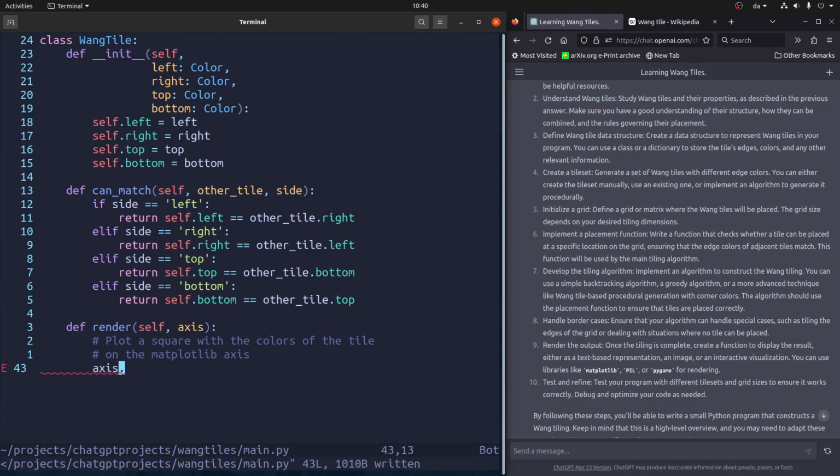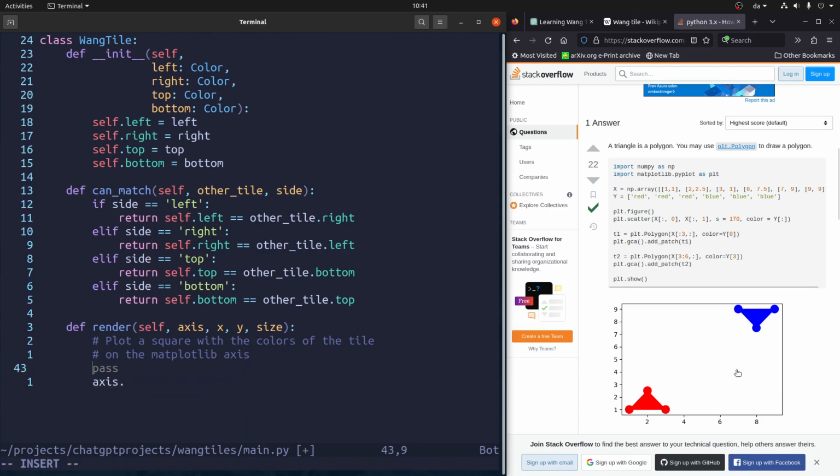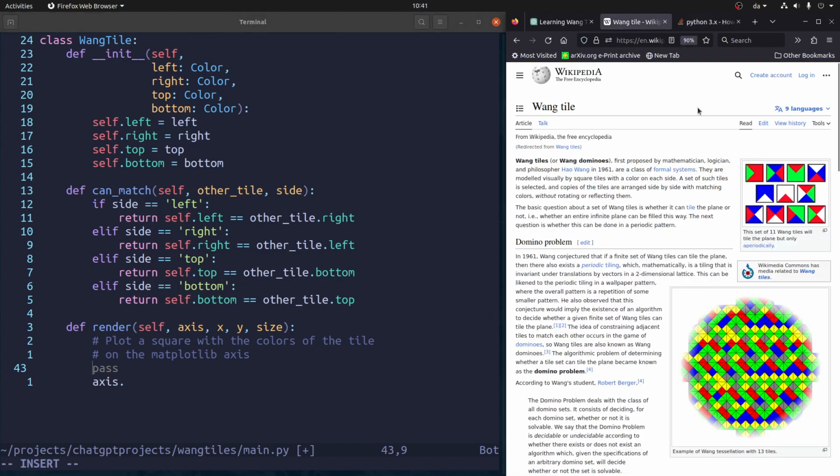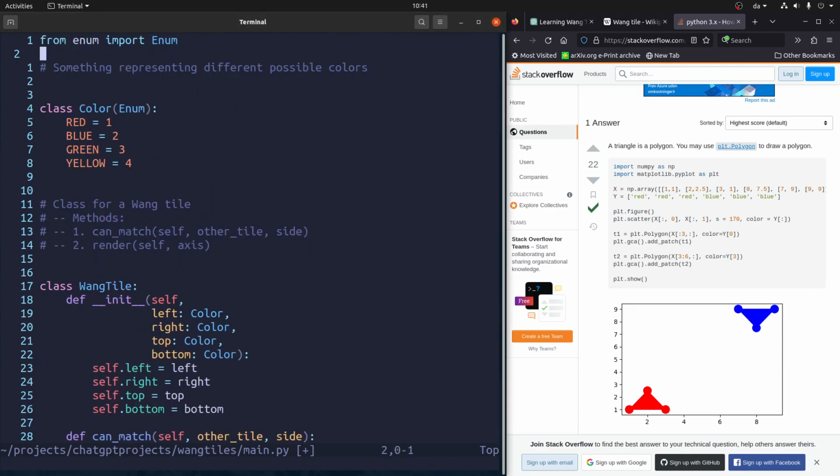Is it like this? Let's look it up. I just realized we need some other things also. We need this exactly. So then what we actually need to plot is 4 triangles. If you look at this thing, it's actually 4 triangles that we have. So let's use this